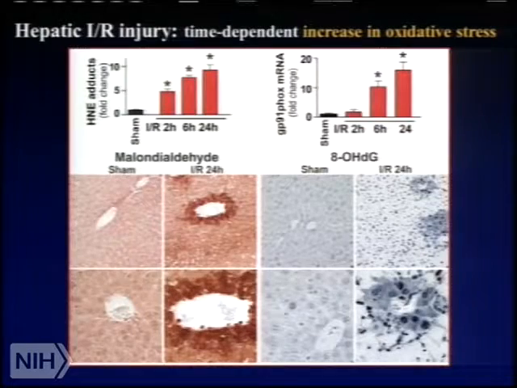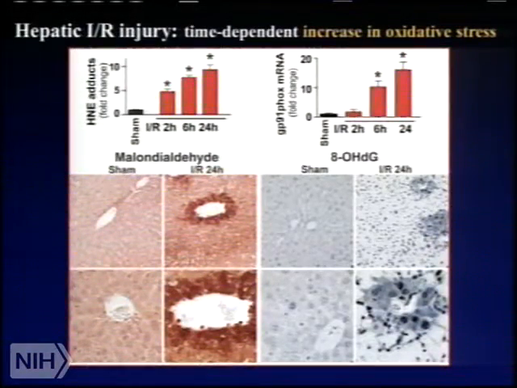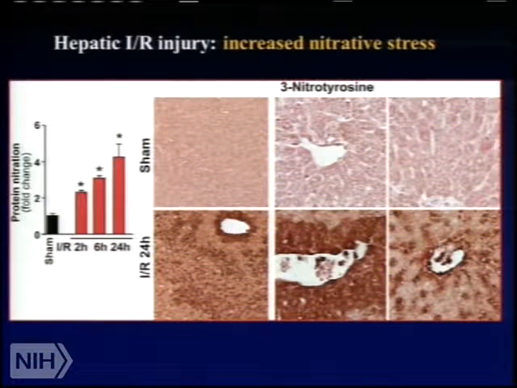You see not much in normal hepatocytes or other cells, and there is increased dark staining in the nuclei, indicating oxidative DNA injury. Then, as I mentioned, nitrotyrosine is a marker of nitrative stress, which is in part coming from